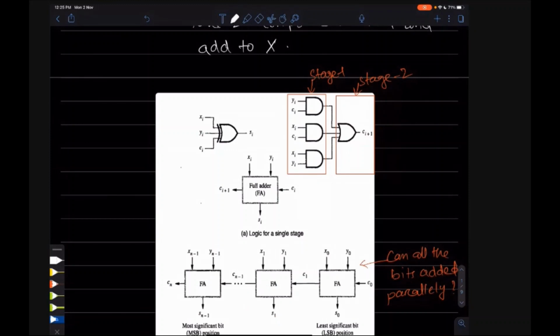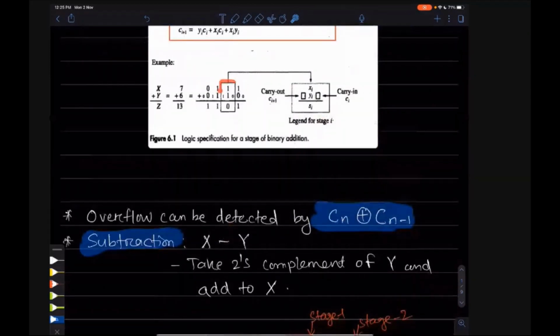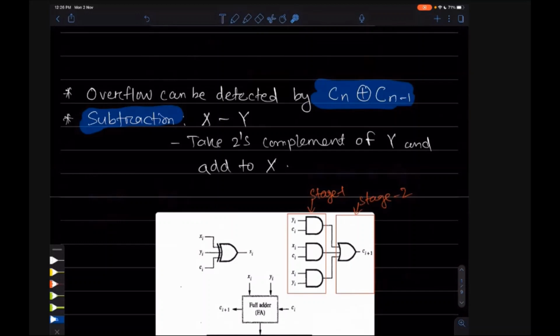Okay, so this full adder is taking only 2-bit input xi and yi, and it is giving us only the sum, only a single bit output. We have seen how to design to add 2 bits, but how to design this for a larger number of bits? What we can do is cascade multiple full adders side by side. Okay, so that's the situation here.